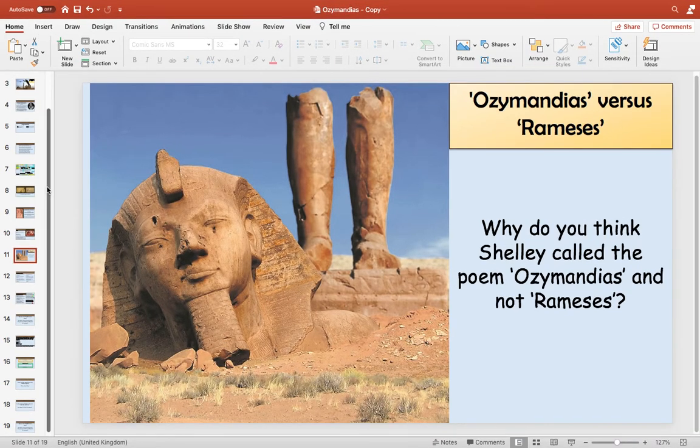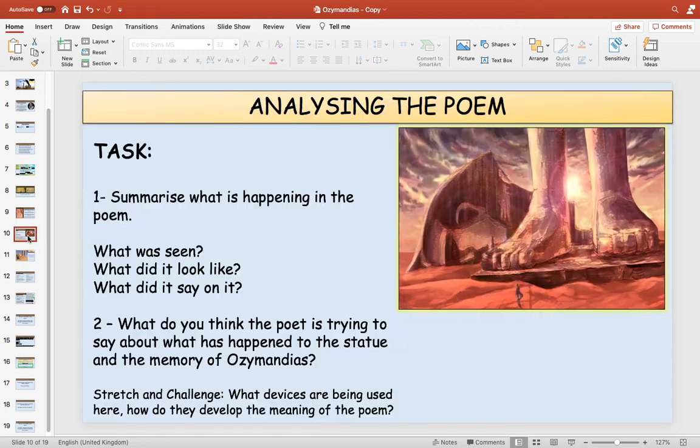Hi guys, so today we're going to carry on with the Ozymandias poem that we were doing for last lesson. So this is the last thing that you did. This was your task, the work that was due in for today, so hopefully you managed with that. We're going to move on now and look a little bit more at the structure of the poem and also